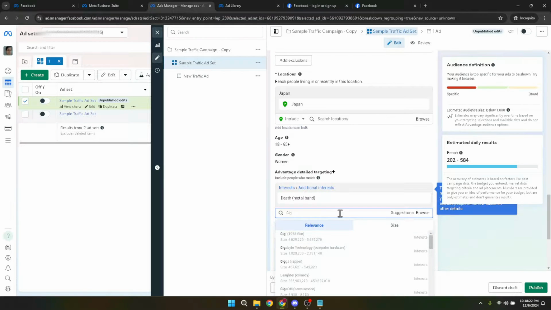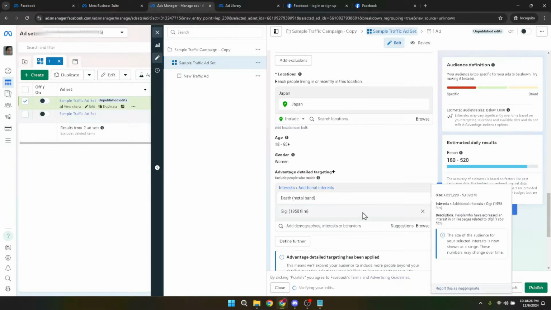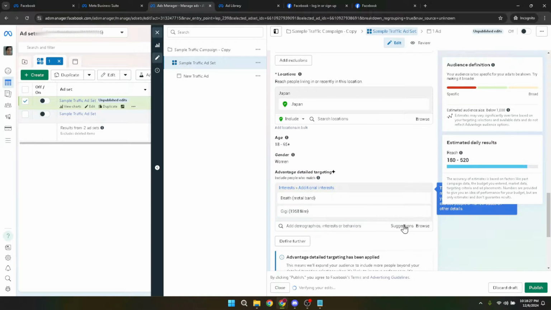It's a balancing act between being too broad, where you might attract uninterested parties, and being too narrow, which could limit your ad's reach. As you refine your target audience with keywords, keep an eye on the audience size indicator. This tool gives you feedback on whether your selected criteria are too broad, too narrow, or just right. The goal is to find a sweet spot where your audience is specific enough to be highly relevant, but not so narrow that you limit your ad's potential reach.